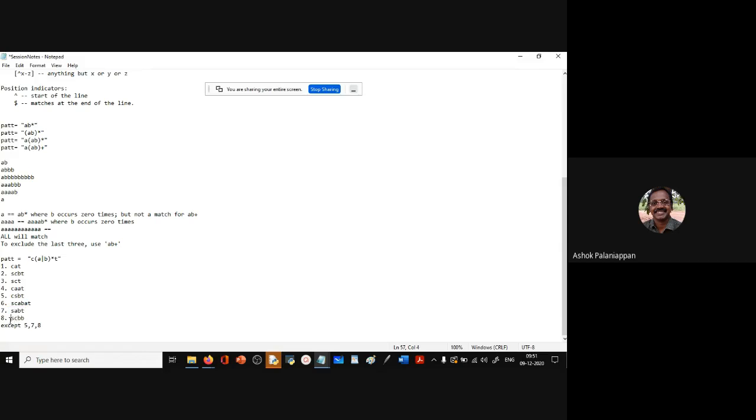So 7 will not match. What about 8? T is not there. That is the problem here. So in fact, except 5, 7, 8, everything will match. Correct? Is it clear? Yes, sir. Okay, understood, sir. Good, good.